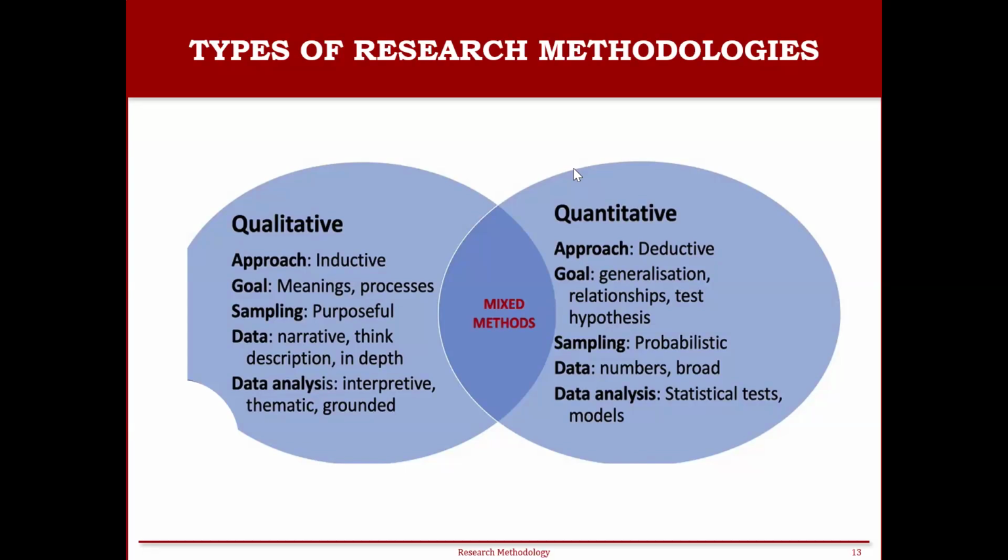And apart from that, we have a mixed method, right? In the middle part, you can see the mixed method is there. Mixed method means you can combine the qualitative and quantitative study. That is also an effective one, but it is a little bit time consuming. It takes more time to complete, right? Because you should focus on the descriptive part, the inductive part, and the deductive part as well. So it takes more time for the analytical part and the data collection part. But if you have more than enough time, you can follow the mixed method as well.